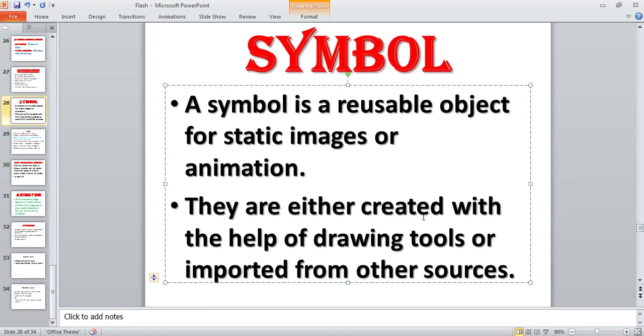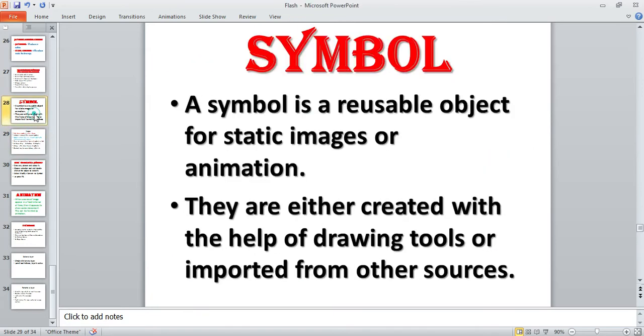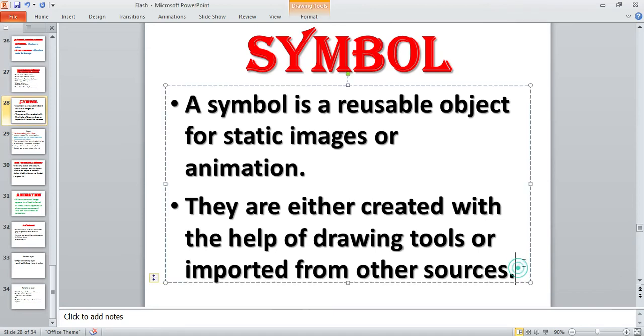We can create a symbol with the help of drawing tools, or we can import from other sources, such as from the internet, or suppose some pictures we had saved in our PC, then we can use them. Now the next question can be how to create a symbol. Simply after drawing or importing pictures on the screen, we can press the F8 key.